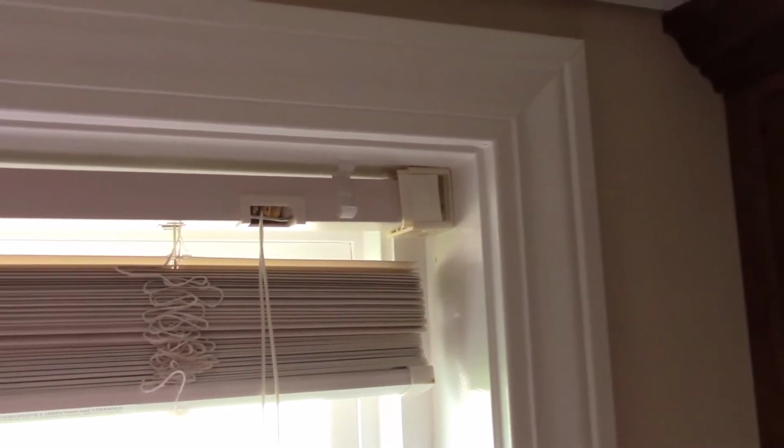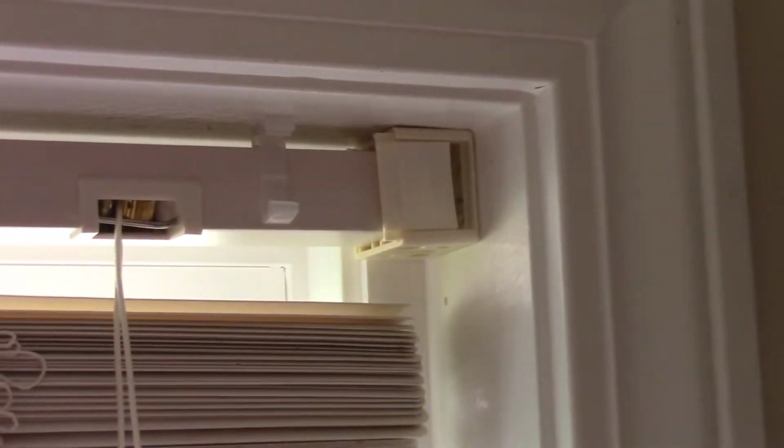Okay, this is a closer look at the headrail. So you see the headrail from side to side. Okay, and it has the bracket, which is right here, and all you have to do is pull it out like that. See, it's out, and all you have to do is just pull it right out. So the same thing on this side,